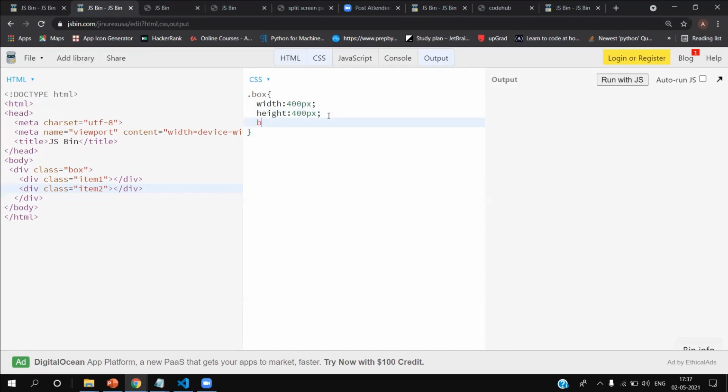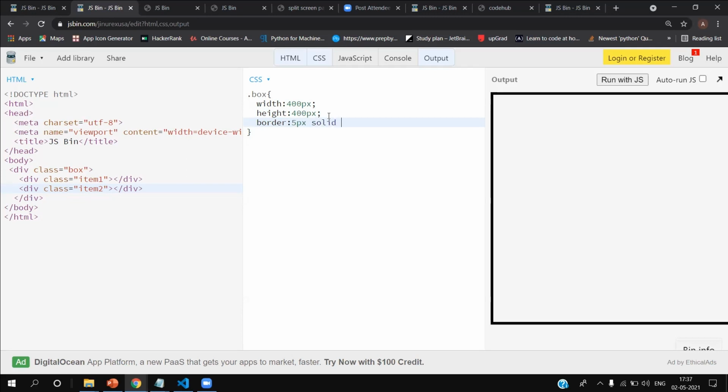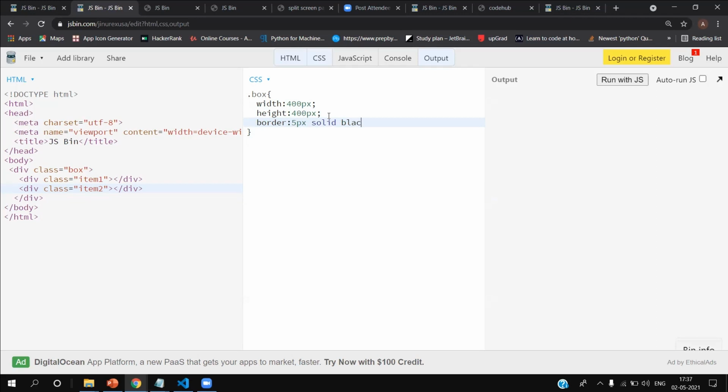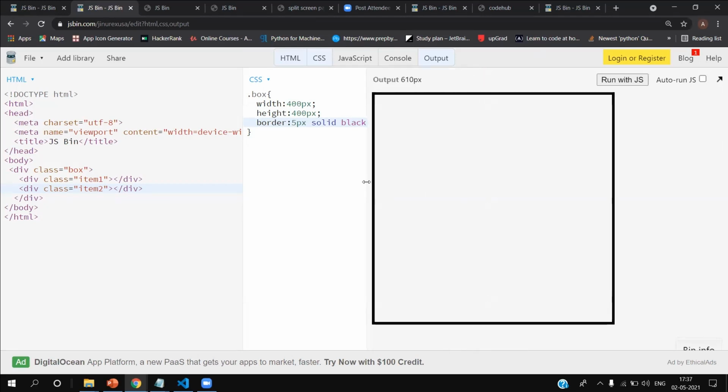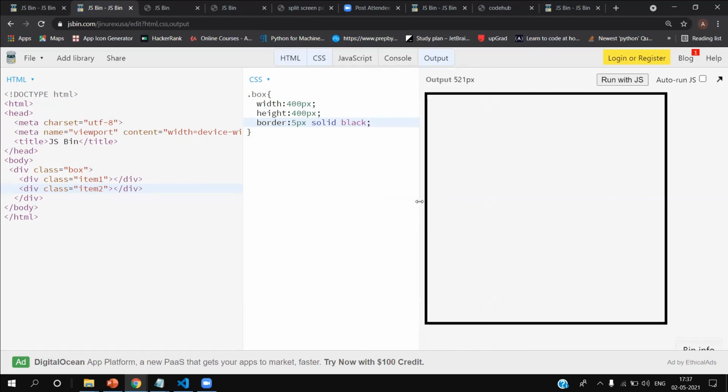So I'll give a border of 5 pixels solid, and the color is black. Now we have created a border of 400 pixels height and 400 pixels width, like a square.